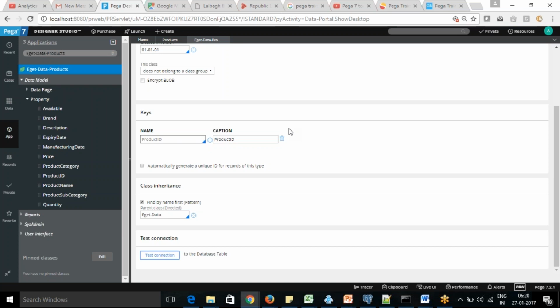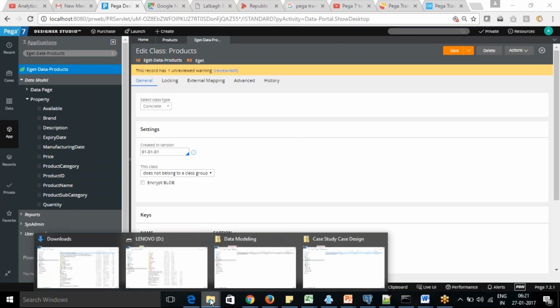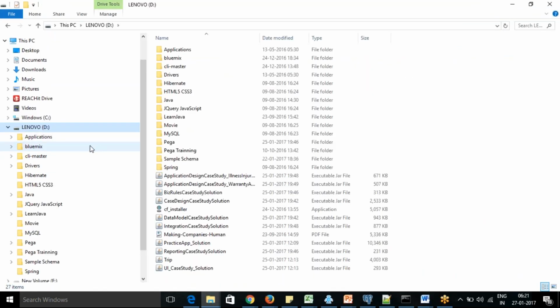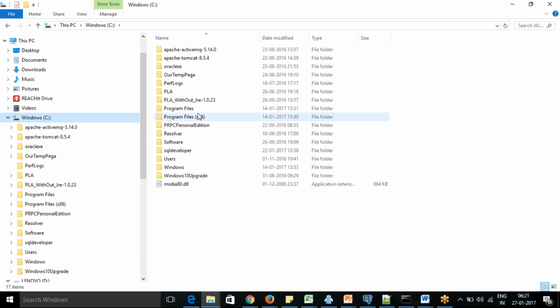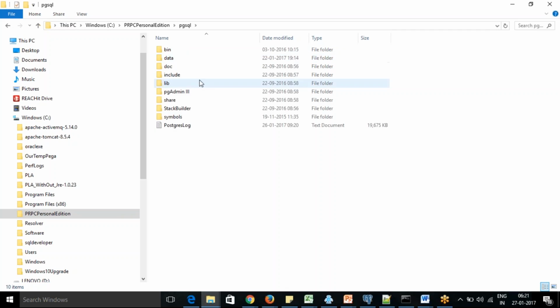I should cover it later, but you can get to know about the database table. Whatever information I told about this table, we are using Postgre database, right? So let's go into the Postgre database. You can see that you have installed the personal edition. Within the personal edition, you have PGSQL, that's the Postgre database.